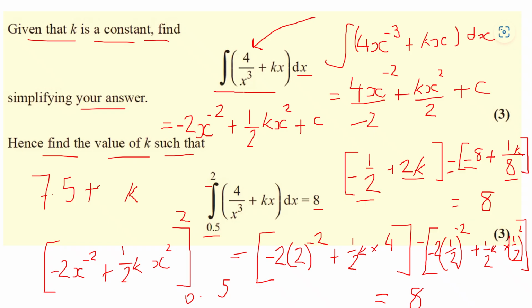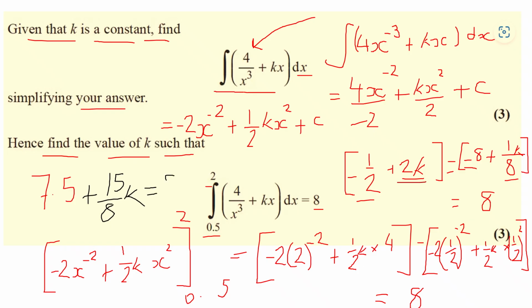No, sorry, 2k minus an eighth k, I apologize, mistake there. So that's going to be 1 and 7/8, so that's going to be 15/8 k